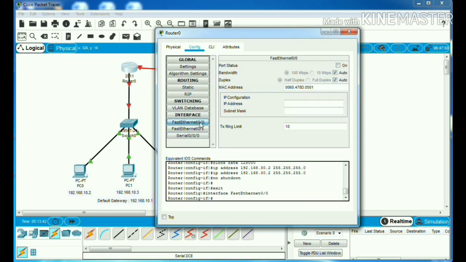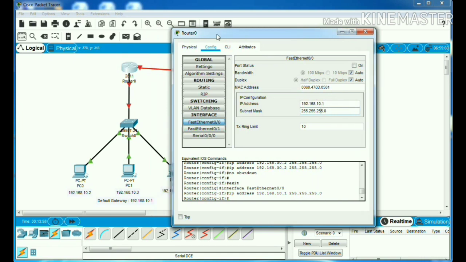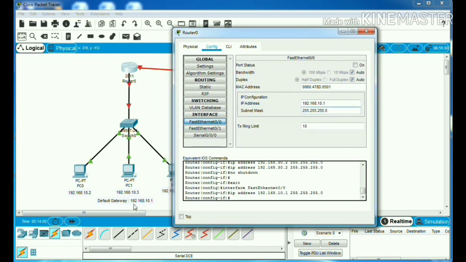And fast Ethernet 00, IP address be 192.168.10.1. As you can see, the IP address of fast Ethernet 00 is the same as the default gateway, which is 192.168.10.1. Now let's turn it on.